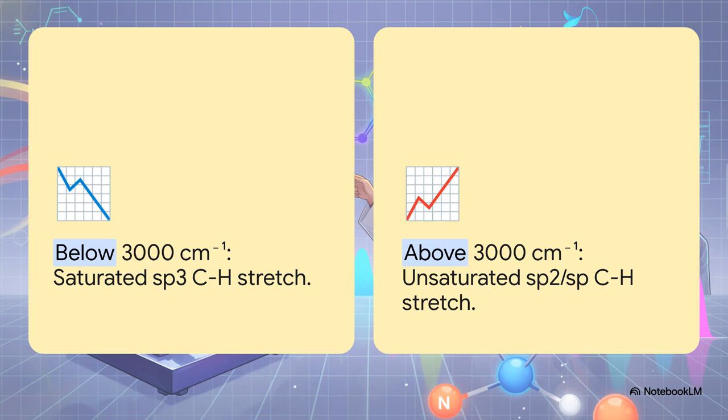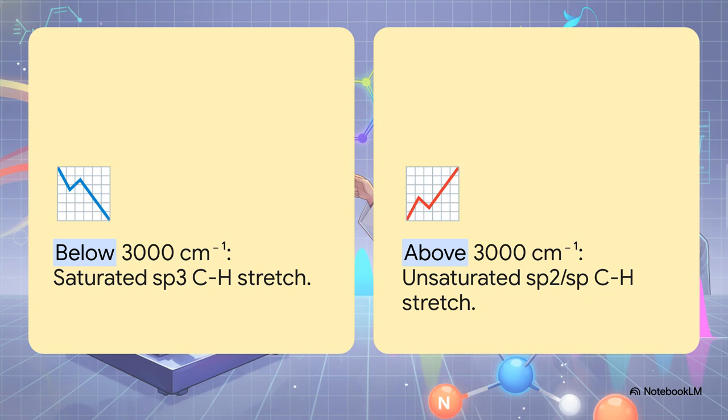Seriously, if you only remember one thing today, make it the 3000 wavenumber line. It is literally our critical boundary dividing saturated molecules from unsaturated ones. If you look below 3000 and your carbon-hydrogen stretching peaks are strictly over there, you're dealing with saturated, sp3 hybridized